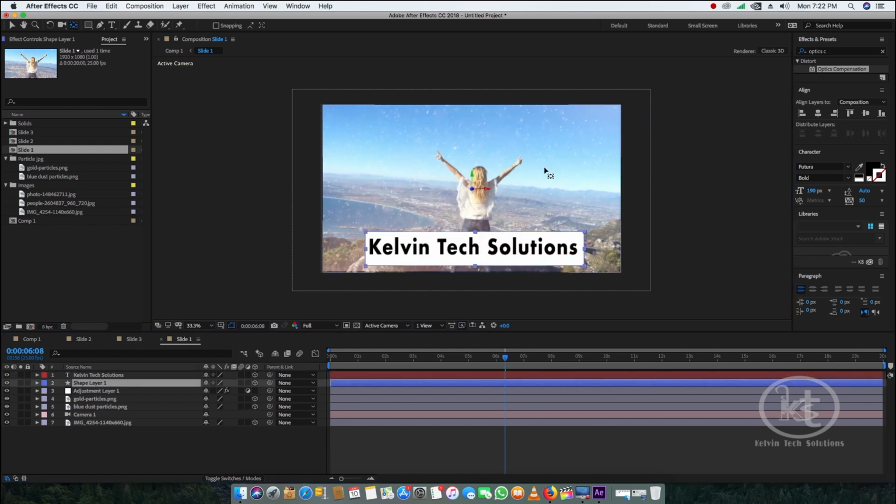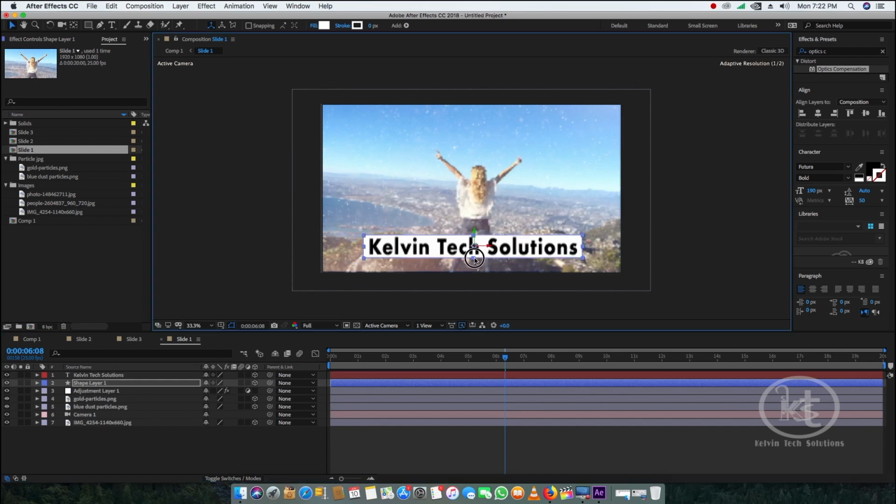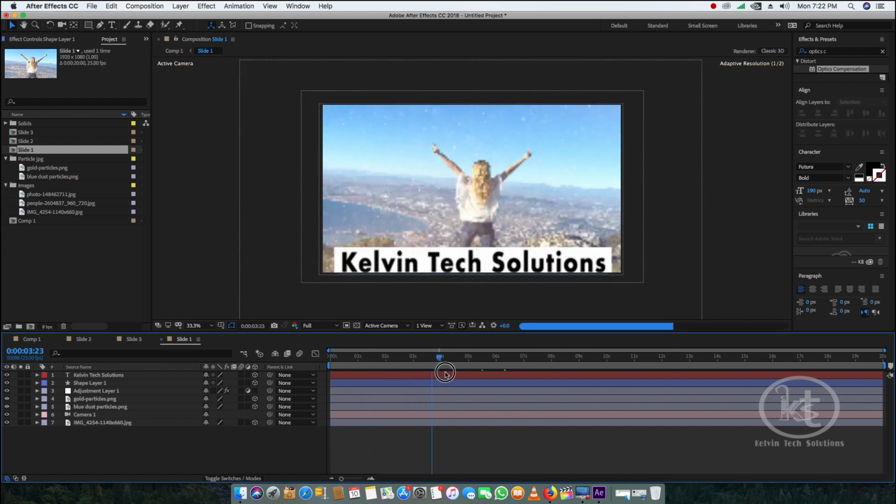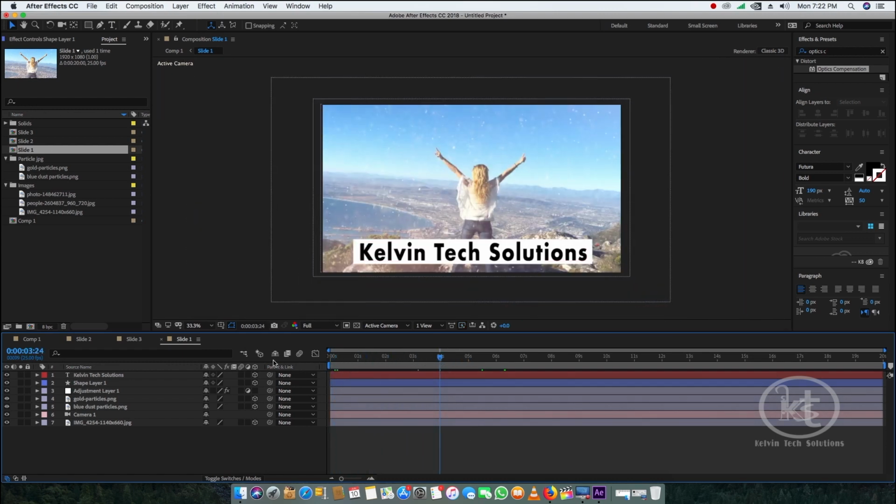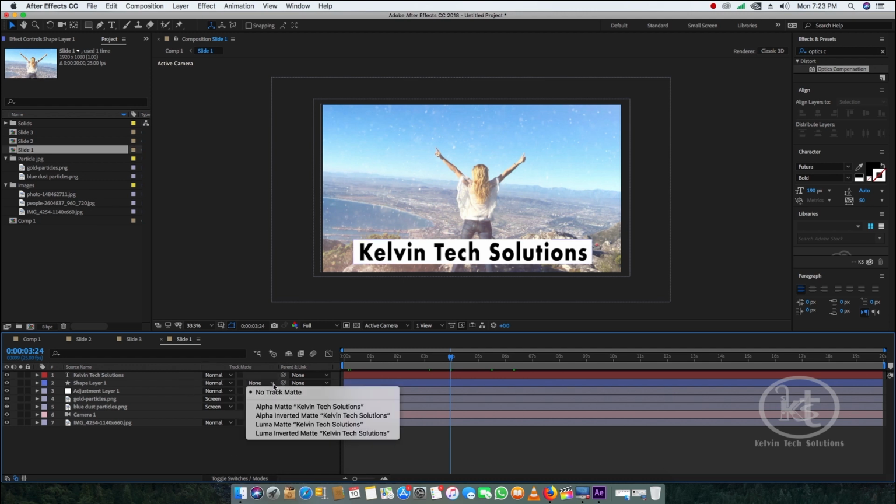Click on the pan behind tool and take the icon to the center of the shape layer like so. And what I can do is now select the shape layer and realign it just like that, and then we can see the text layer animation. And what we can do now is click on the toggle switches once again and change the shape layer track matte from none to alpha